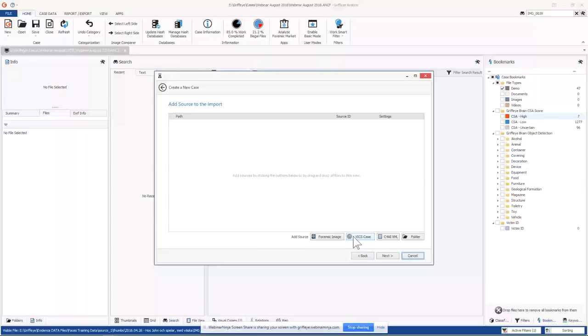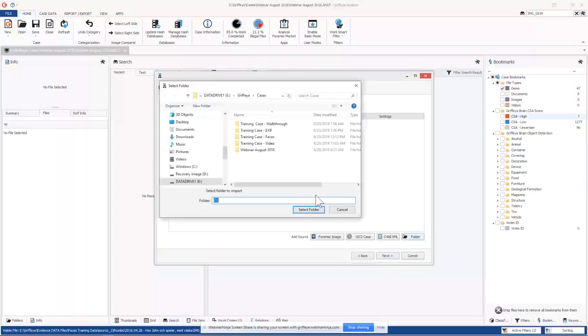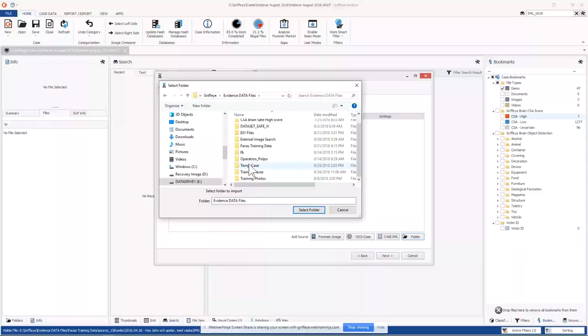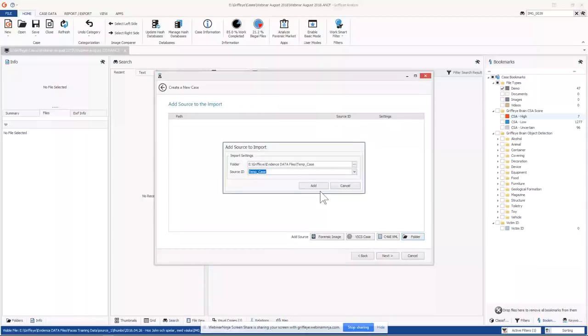Say your workflow is your forensic examiner processes all the data and then gives it to an investigator. They can then put it on their installation and open it up, and it looks just like it was a regular case. You can also bring in a Cellebrite extraction, which is the EnScript from EnCase, and you can also bring in a folder as well. So I'm going to select, just for purposes of this quick demo, I'm going to bring in a folder and call it this.